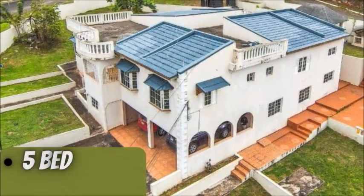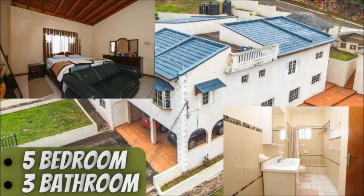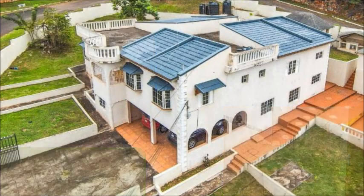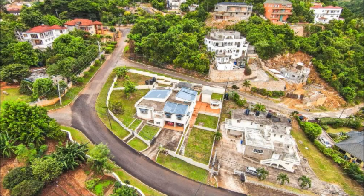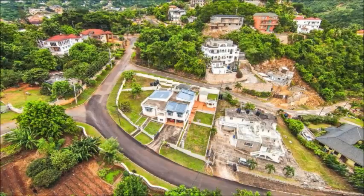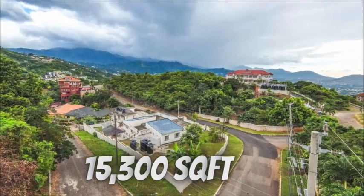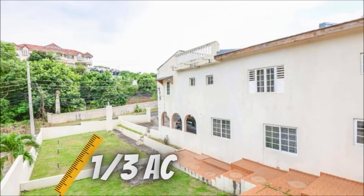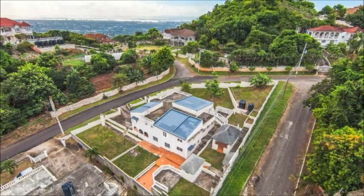We have here a modern, spacious 5 bedrooms and 3 bathrooms split level house for sale with floor size of 3,800 square feet. It is located in the upscale Chancery Hall, Kingston 19. The house is situated on 15,300 square feet, or approximately one third of an acre, of gently sloping land in a prime, quiet,